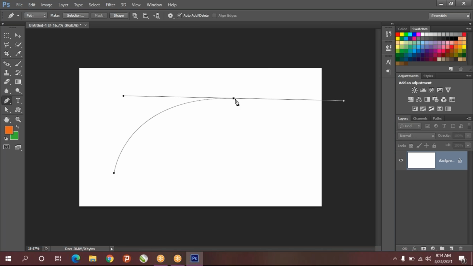See, once again, hold the alt key, then move the mouse to the point, then left click, so automatically the line will get cut. Then come back here, close and bend it. So we can make a leaf.